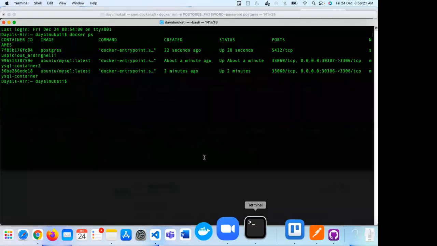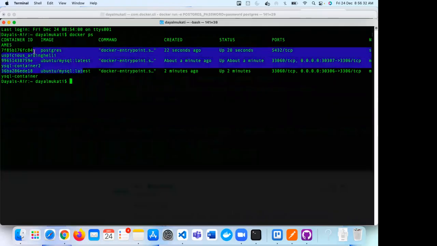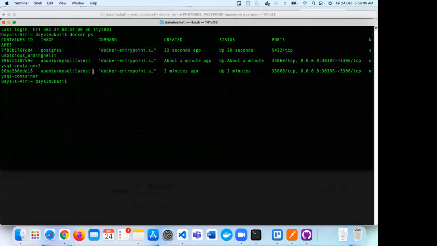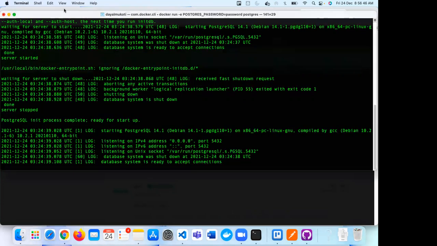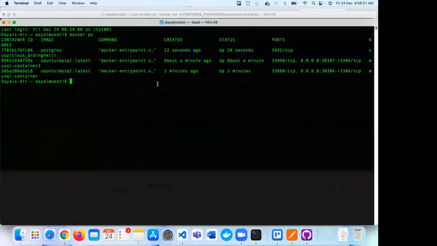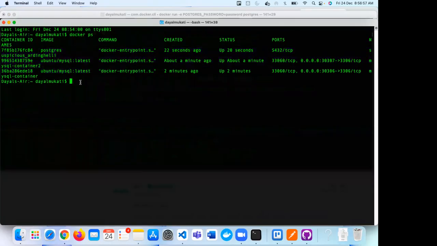Basically, let's say you are using multiple databases for your application. One database is Postgres, one database is MySQL. So two separate containers will be running, and you can run these two containers on the same network so that they can exchange data. So that can be done. Now you can see this is a Postgres and this is a